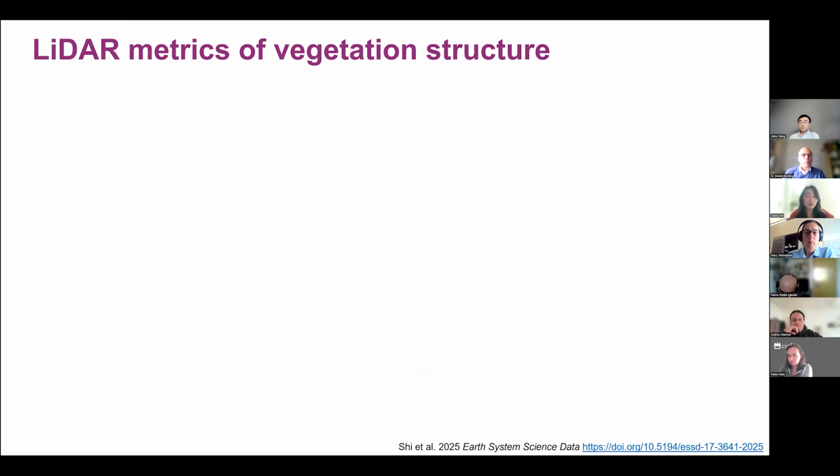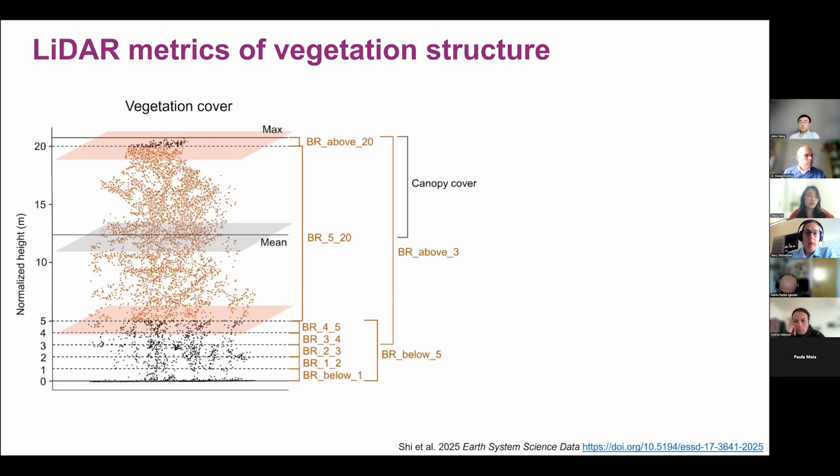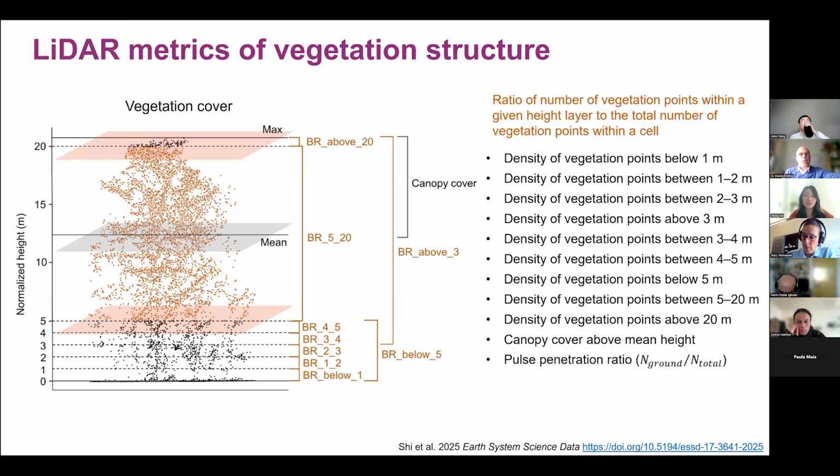And the second category is vegetation cover. This category is actually a proportion matrix that calculates the ratio of the number of vegetation points within a given height layer to the total number of vegetation points within a cell. For instance, you can calculate the vegetation density within, for example, here,